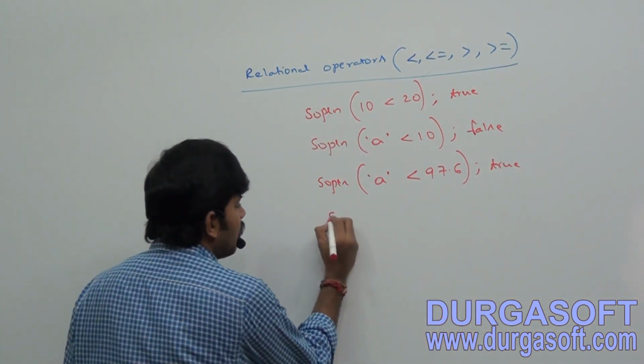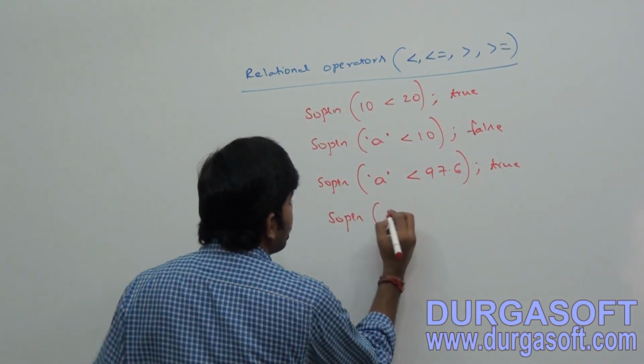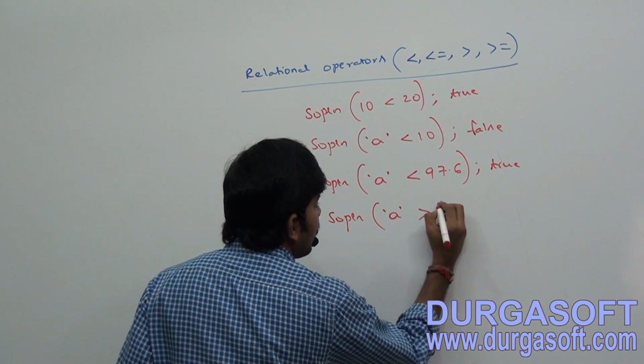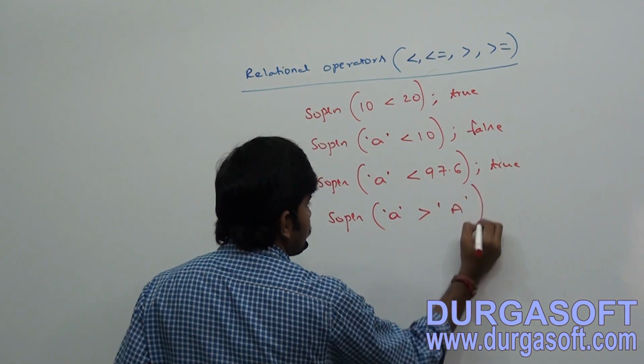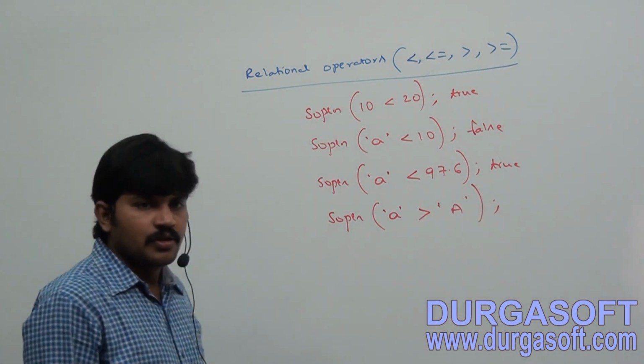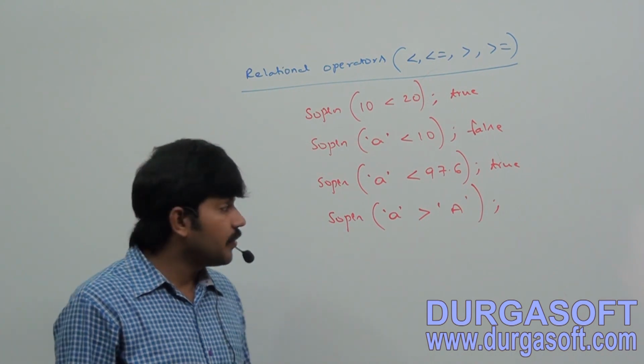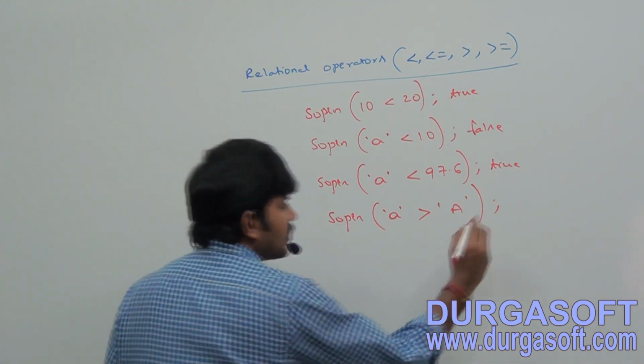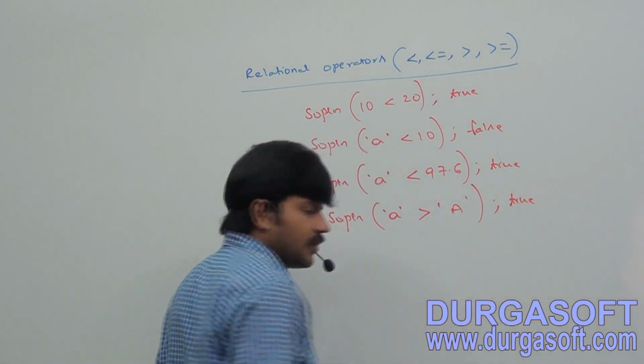Now system.out.println small a greater than capital A. True or false? True, because 97 is greater than 65. So the answer is true. Next,